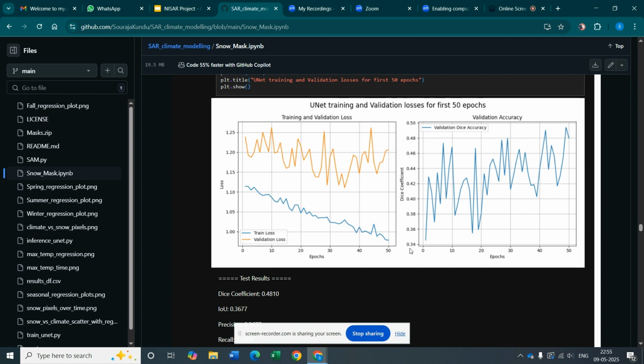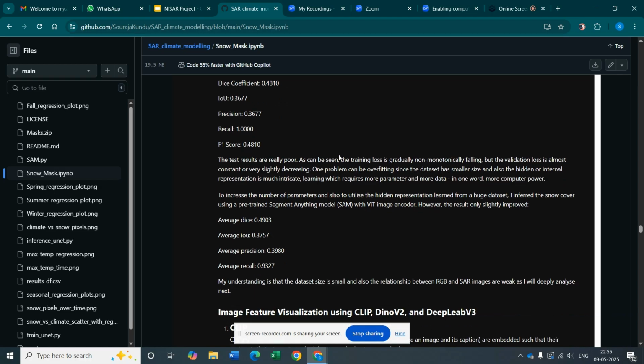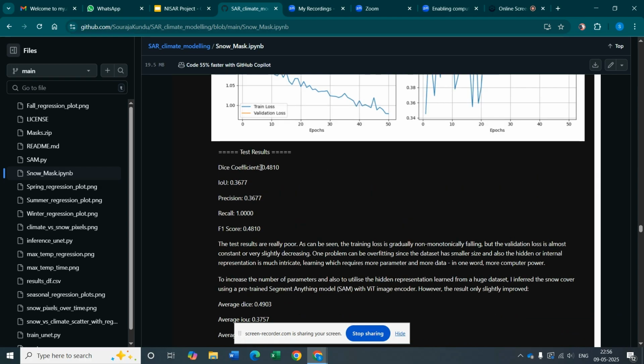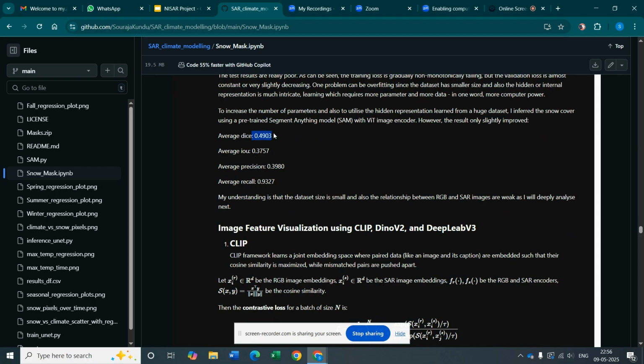To learn that, I need more trainable parameters, and since this U-Net is very small, a few million parameters, I went to the Segment Anything model, which had multiple billion parameters. With U-Net, the Dice coefficient accuracy on the test dataset was 0.48, but after inferring on my test dataset using the pre-trained vision transformer encoder based Segment Anything model, I got a test accuracy of only 0.49, which is not